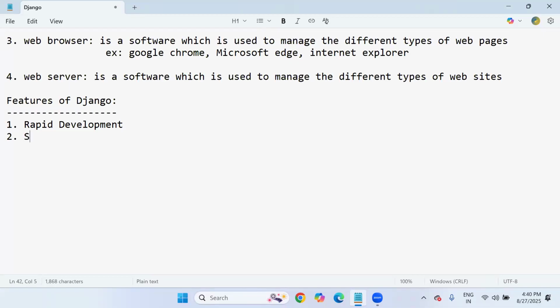And then secure. Security precautions are taken highly, because Django is a web development framework handling web requests and web responses, which should be transferred in a secured manner.